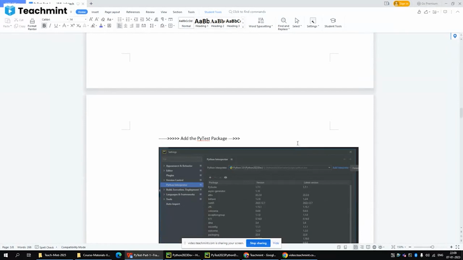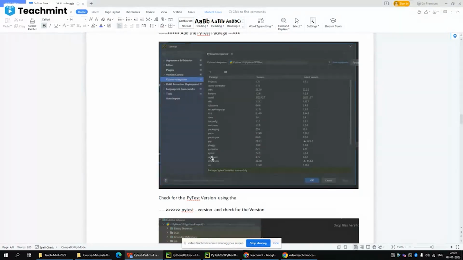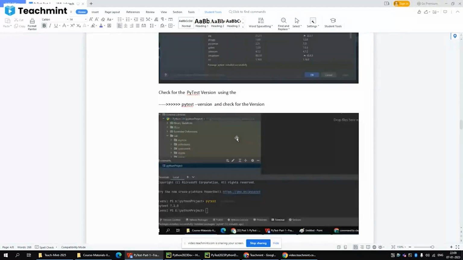So in that Python interpreter, it will display. See here it is displaying the PyTest, right? I am moving the cursor here. We just need to click on the install, using the add symbol, we need to add. And after adding, suppose you are using the terminal in the particular system of the PyCharm,